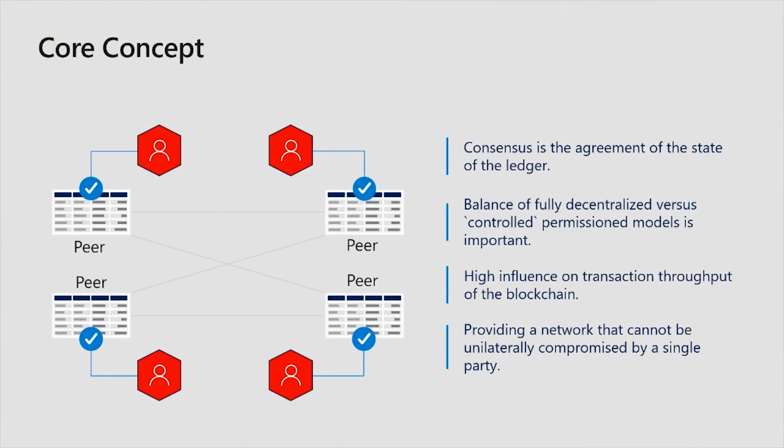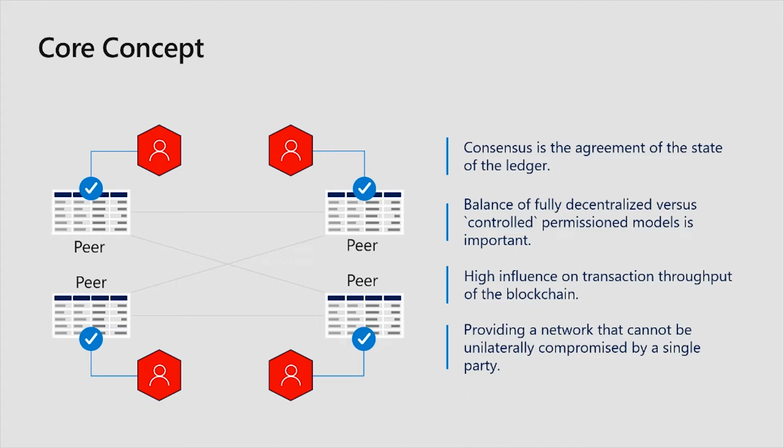So basically, I'm going to talk about some of the core concepts around a consensus protocol. A lot of people use fancy words around what consensus is. Really, it is a majority voting to determine the state of the ledger. Underneath blockchain is an immutable ledger, as we all know. And the consensus protocol, when someone wants to make a change to that ledger, has to be approved by a